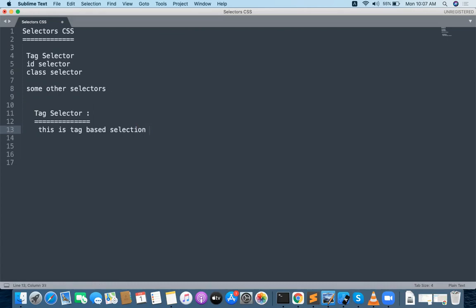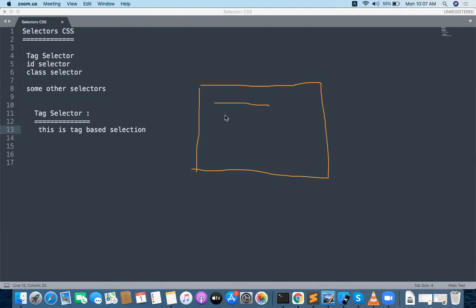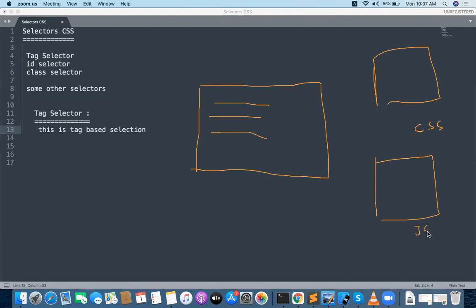Okay, for example, there is one simple HTML which is going to be available here. In the body, I'll be having a lot of tags like this. Here I'll be having some CSS and here I will be having some JavaScript. In CSS I need to access something and in JavaScript I am able to access something.